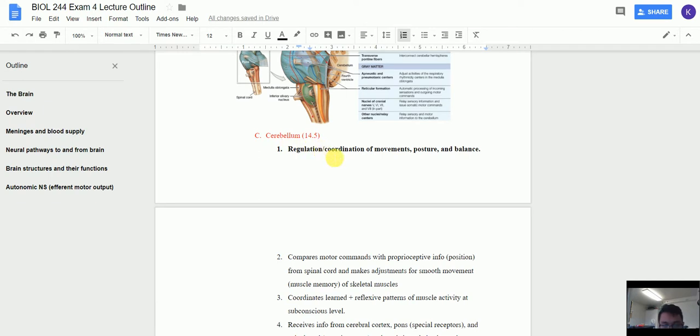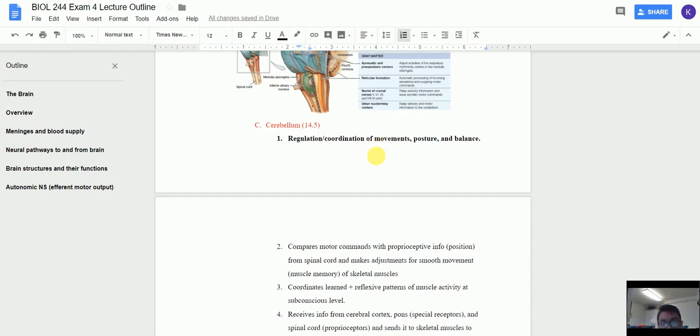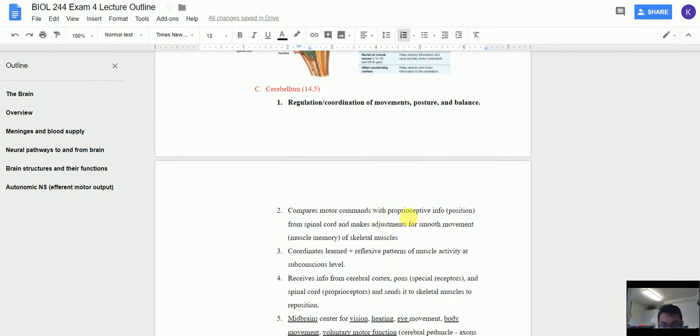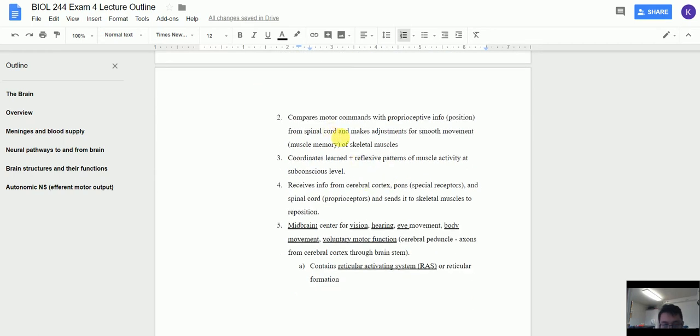Cerebellum: regulation and coordination of movement, posture, and balance. It compares motor commands with proprioceptive information on position from the spinal cord, and makes adjustments to smooth muscle movements, muscle memory of skeletal muscles, and coordinates learned reflexive patterns of muscle activity at the conscious level. Info comes in from the cerebral cortex, pons, special receptors, and spinal cord proprioceptors, and it sends it to skeletal muscles